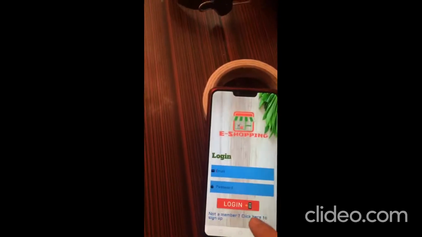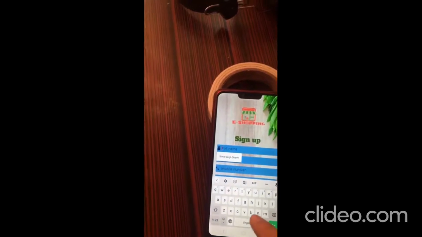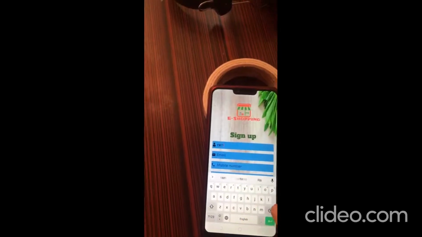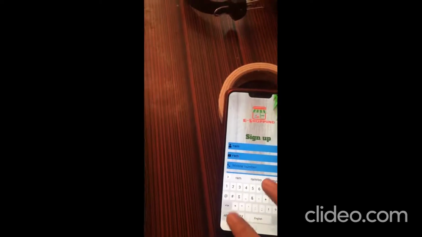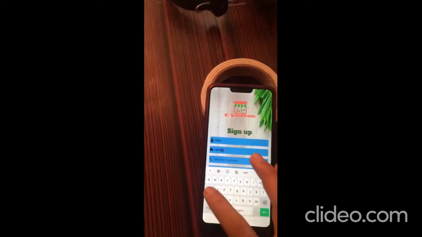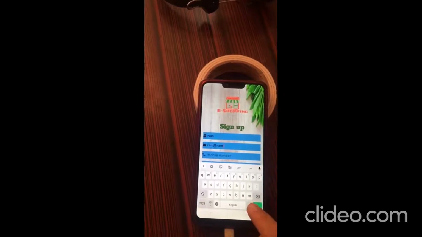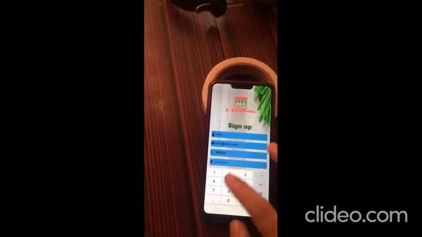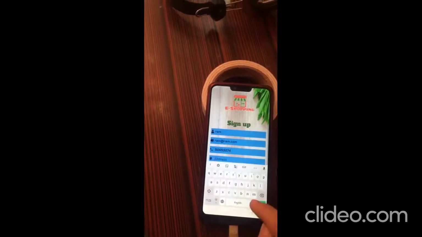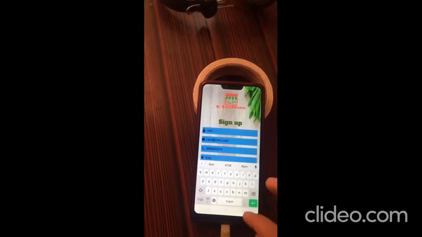And now first let's register. The email is ram@ram.com. Mobile number, let's assume. Address KTM.